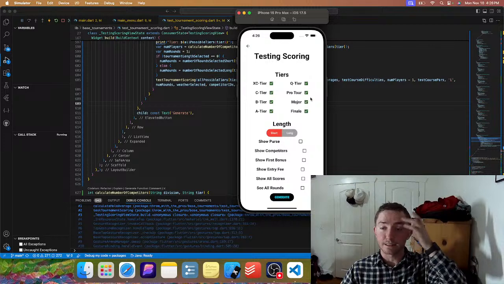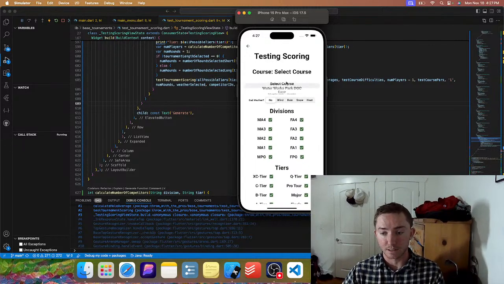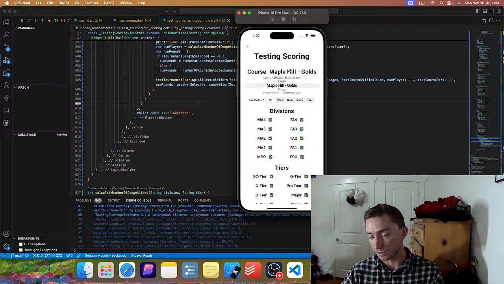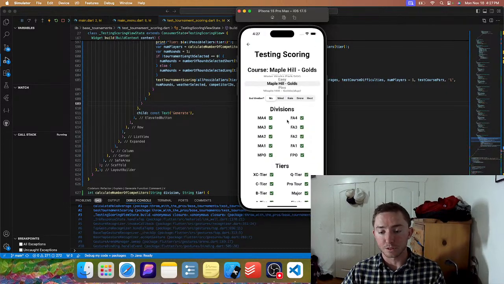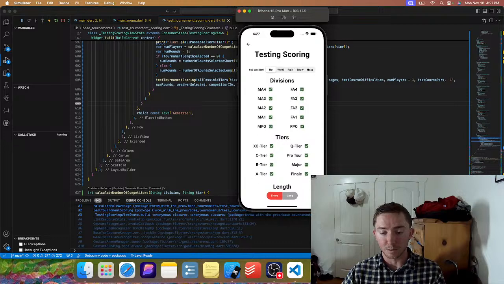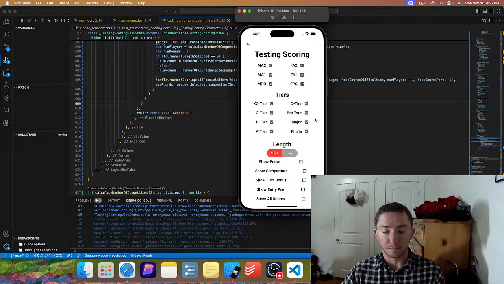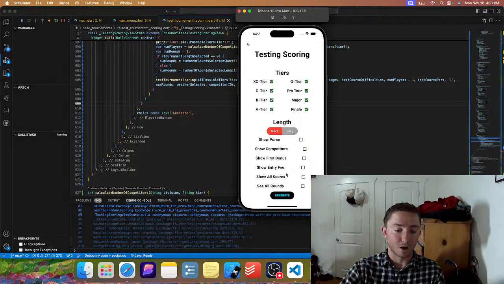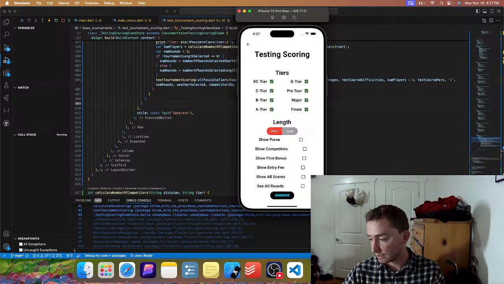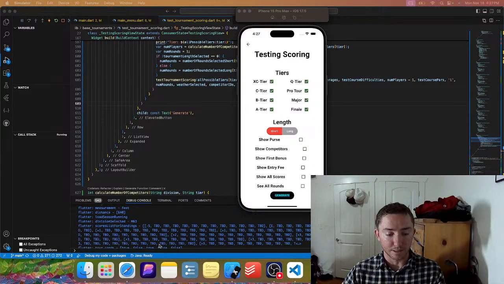The idea is that I'm going to come in here and select a course. Let's say I want to go to Maple Hill Gold, because that's one that everyone will know. I want to be able to select all the divisions and tiers I want to see. This is currently everything that's available in the app. Adjust some modifiers here and click generate, and then get an output down here. Let me make sure I'm showing the right thing here. Yeah, so get an output down here of